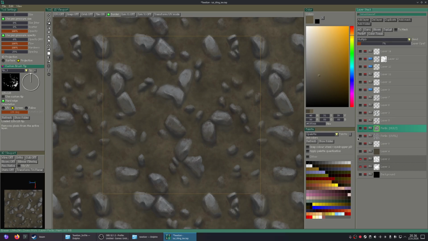Fine or no? I don't know. Maybe if I erase some of it. Make a soft brush. Oh, layer hidden. See, it's so low opacity that I don't even know when it's on.